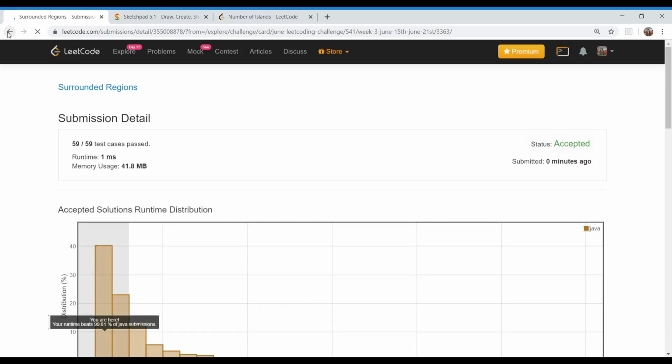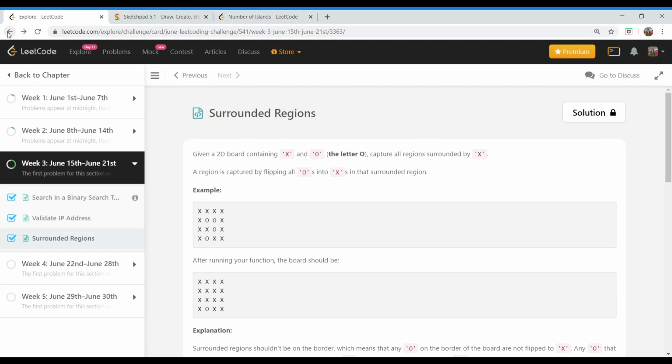As you can see, looking at the problem, it was not easy to conclude that this could be solved by DFS. It was not straightaway obvious that this could be solved by DFS. And this is how all the interviews are done, right? The interviewer won't tell you that you can apply DFS, or ask you any direct question on DFS. There could be some question with a twist, and you'll have to think about whether it could be solved by DFS or BFS or any other algorithm. And as far as I think, DFS and BFS are the most common things being asked in interviews. So I would definitely recommend learning DFS.